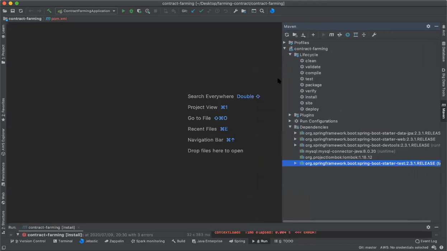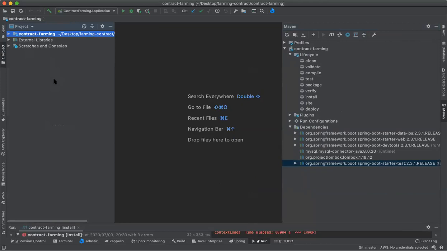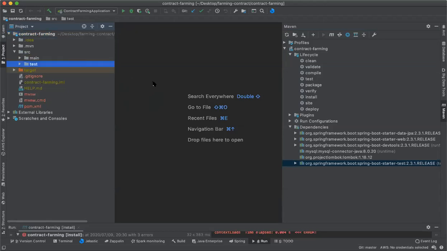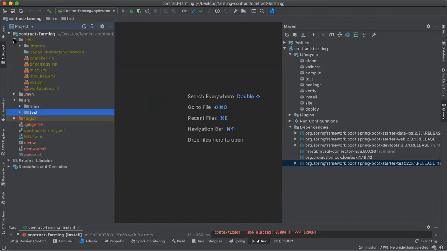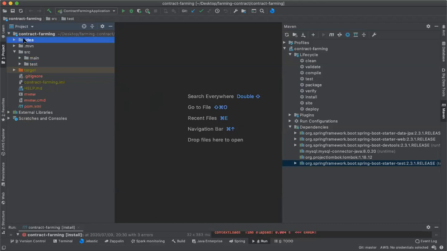So the other thing that you may want to know is that here is where your project files are. So all the Maven project structure goes like this. There is the idea part, which contains the IntelliJ IDEA settings. Then we have the Maven wrapper, which is also used by Maven to track your project. Then the source, or SRC, is where your source files are. And in the main Java is where